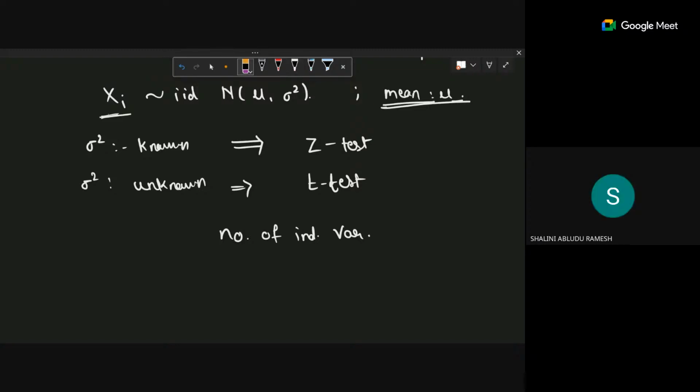Ma'am, Xi is IID, no, ma'am? So there are n independent variables, right? Yes, but that we got to know already, this is given to us already. But when there is no setup, at that time, we have to check, given this scenario, how many independent variables are there that can be estimated. Estimation is there in particular analysis. So I will not suggest going into those details as of now. As of now, you just say that